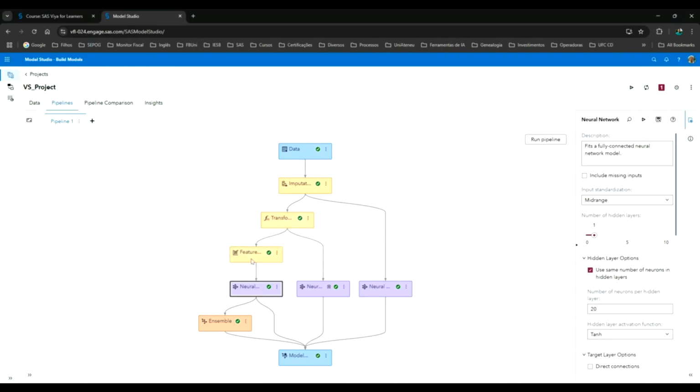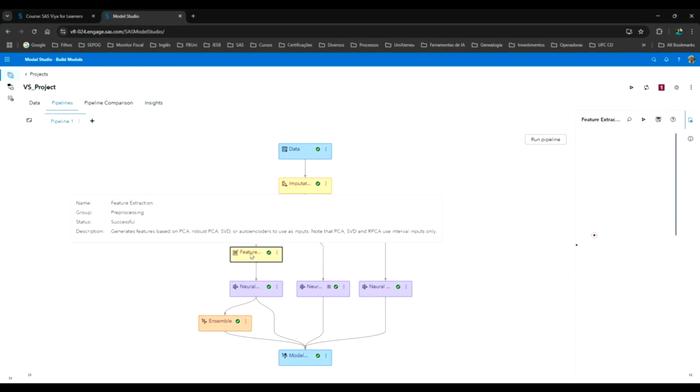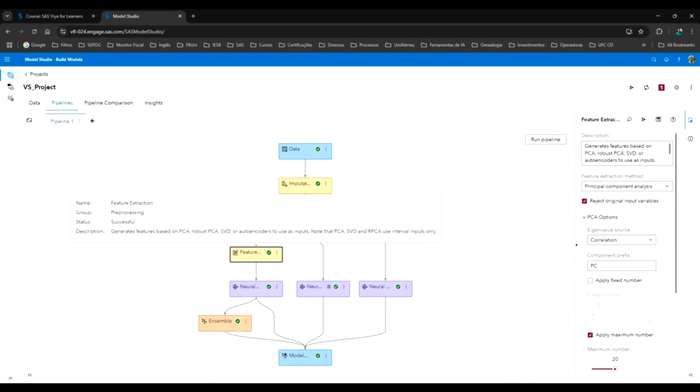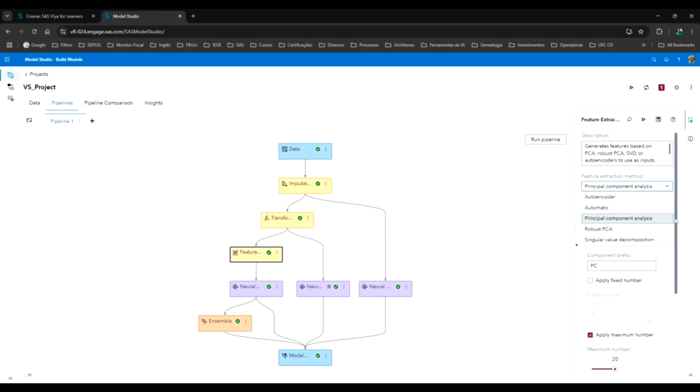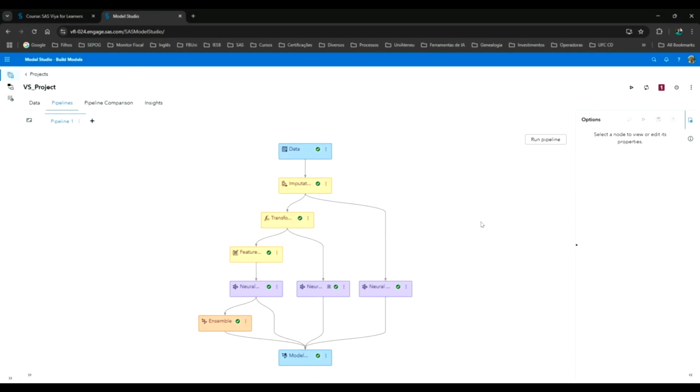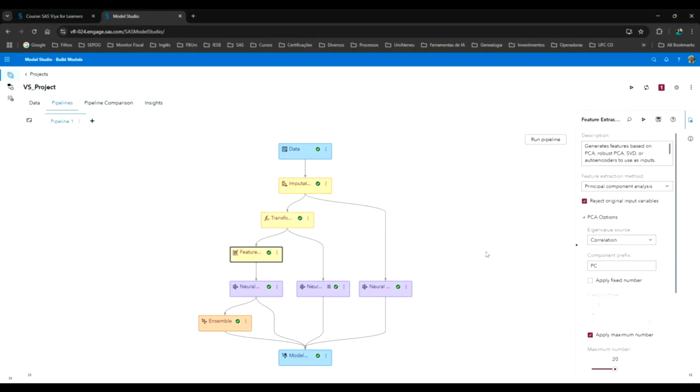What has happened here? If you use a feature extraction node, this node uses algorithms like PCA, principal component analysis, and this kind of algorithm, PCA or SVD, for example, or autoencoder, they totally change our feature space.